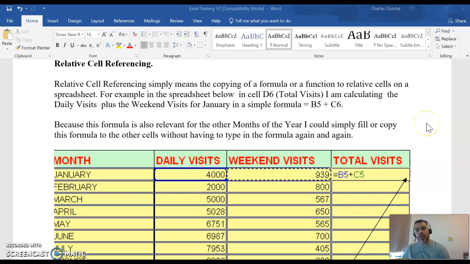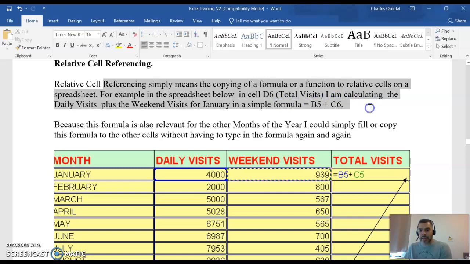To understand absolute cell referencing, we need to go back a little bit and talk about what relative cell referencing is. All relative cell referencing means is simply the copying of a formula or a function to relative cells on a spreadsheet. For example, in the spreadsheet below, in cell D6, total visits, I am calculating the daily visits plus the weekend visits. So if you look down here, you'll see that I've created a basic formula to add these two cells together,